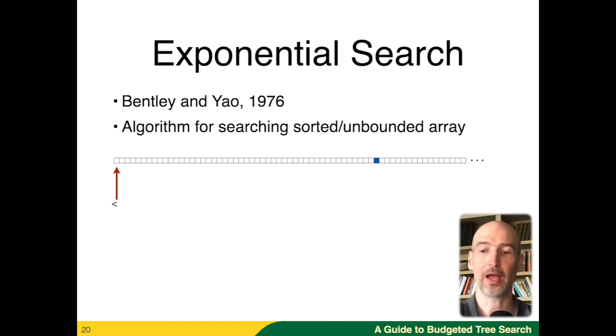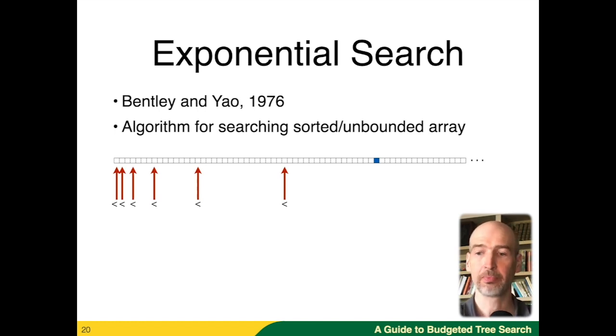So we query the first item, we query the second item. Both of these we're told were too small. And again, if we did this in a linear way, we would get a linear amount of work, but we can do better than that, because now we're going to start growing this exponentially. So the 4th element, the 8th, the 16th, the 32nd element, and all of these we get back that we're